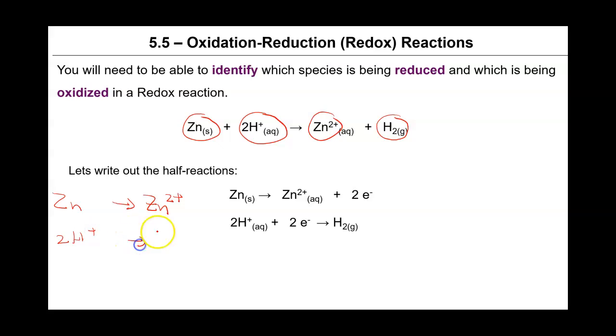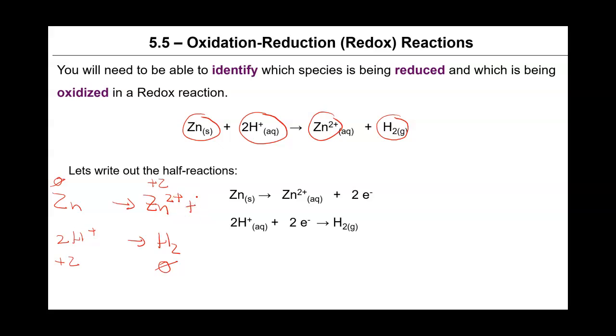Now, it's important to recognize that these half reactions at this point are not balanced for electrical charge. For example, in our first half reaction, on the left-hand side we have a total charge of 0, but on the right-hand side we have a total charge of +2. In our second reaction we have the opposite scenario. On the left we have a total charge of +2, and on the right we have a total charge of 0. To bring the charge into balance, what we need to do is add electrons to the more positive side